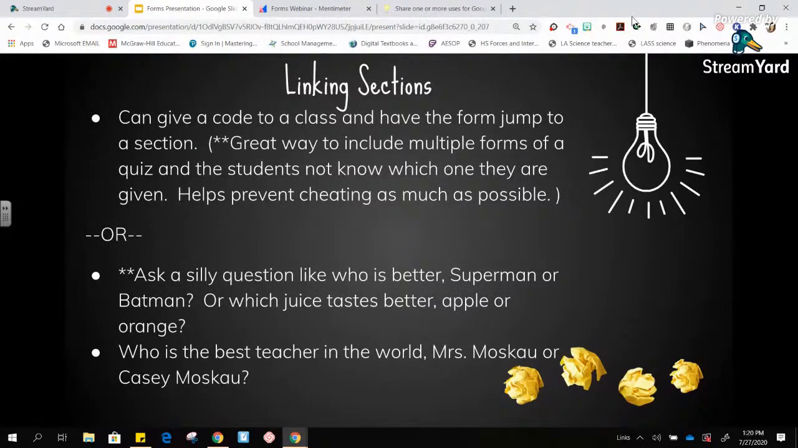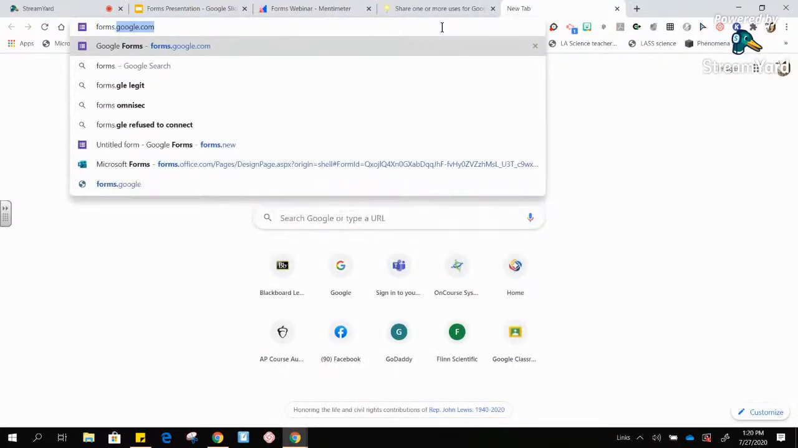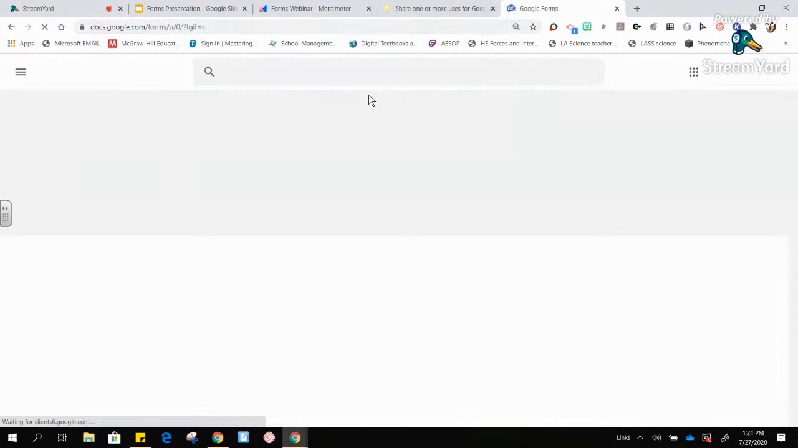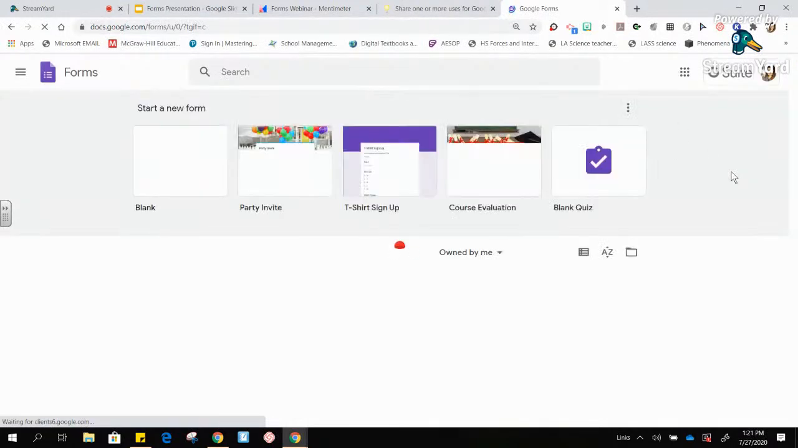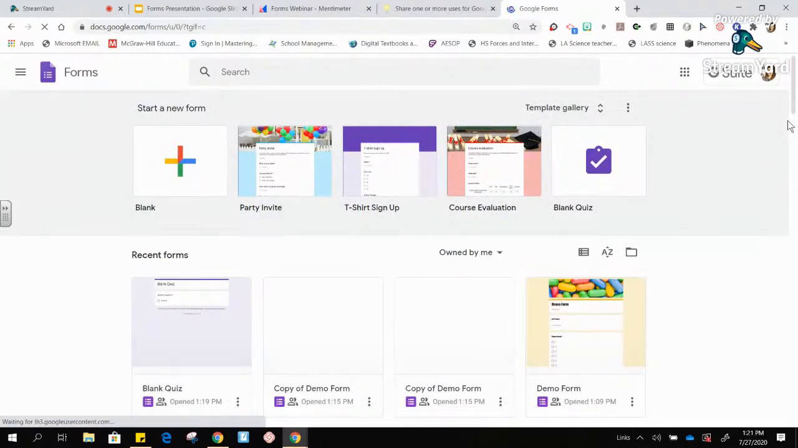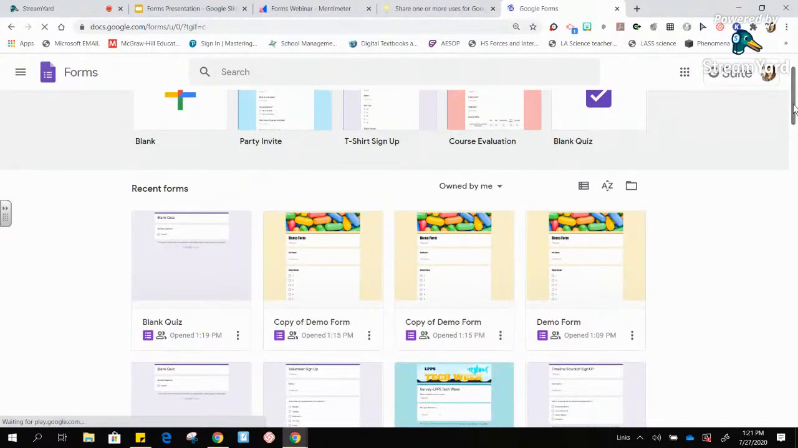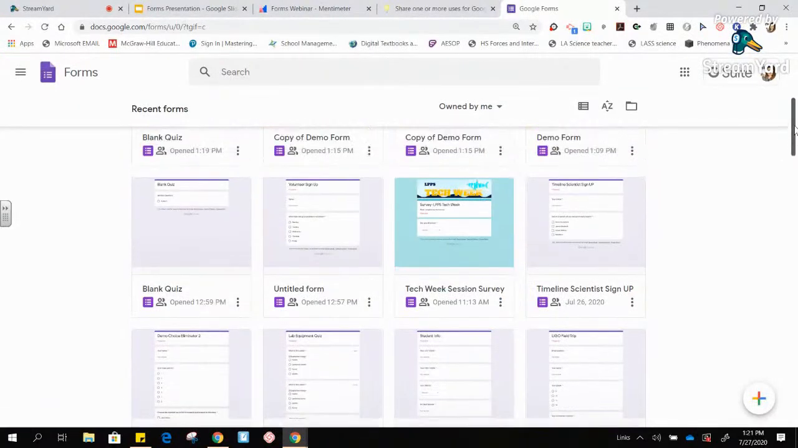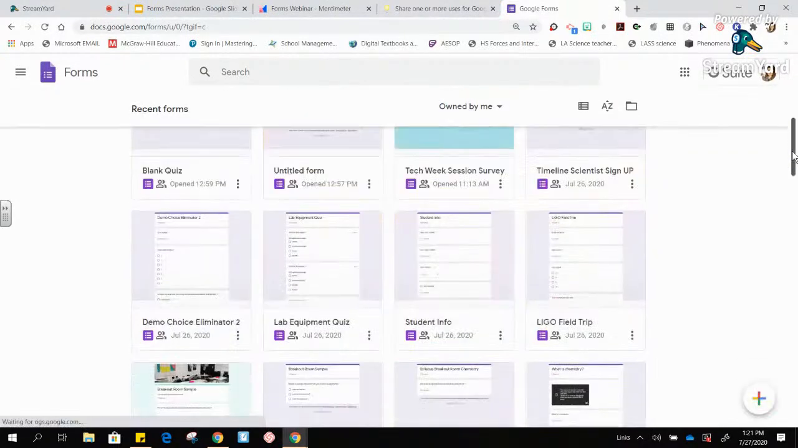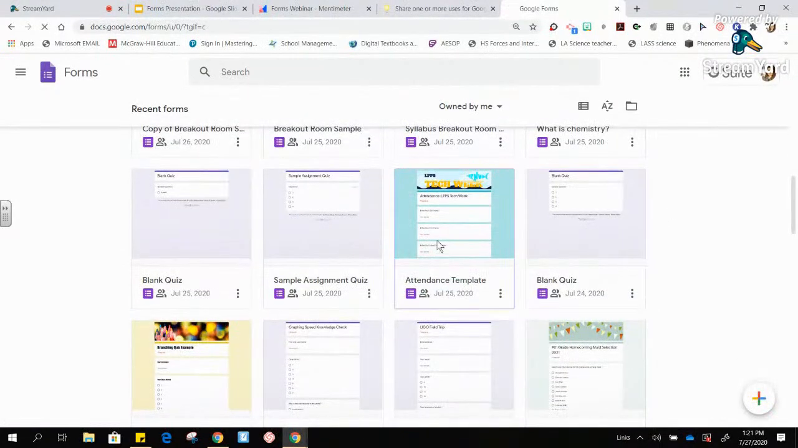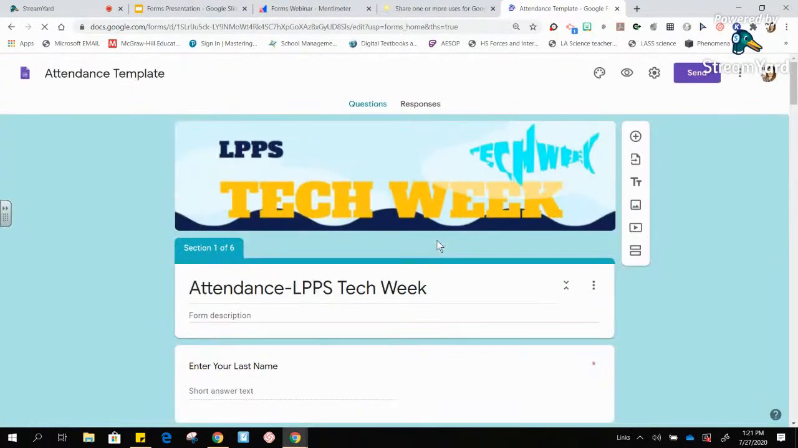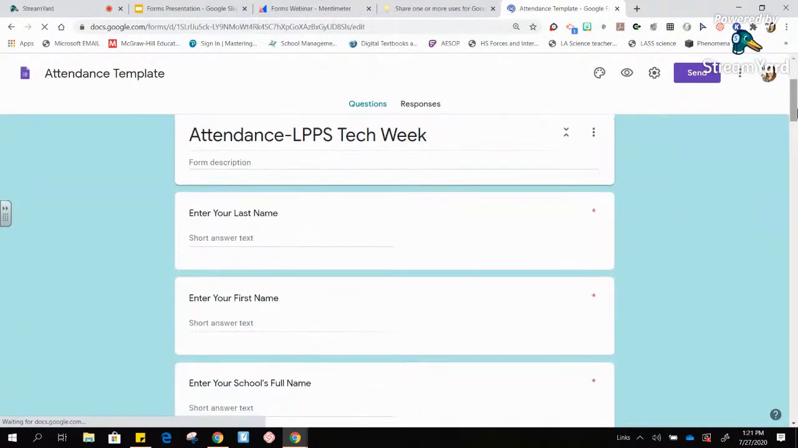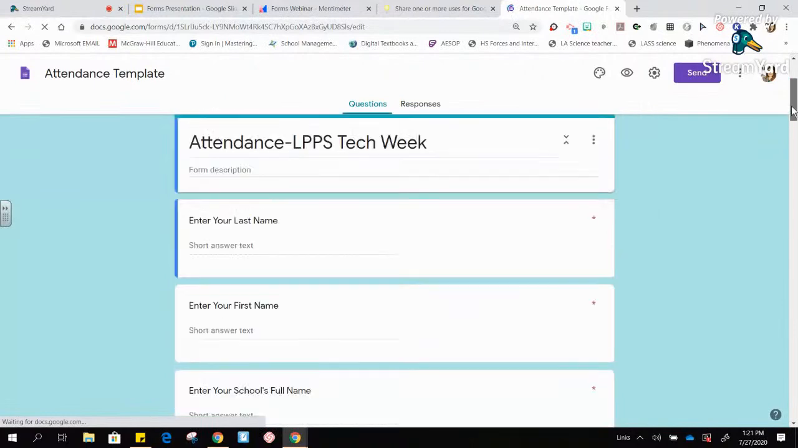Linking sections. Okay, so here's an advanced feature. If we want to link some sections, I'm going to open up one that I have done this for so far. One of them being our Tech Week survey, which I might just show you because, quite frankly, it's a perfect example, or maybe the attendance one, of how you would do a linking platform. So this is the attendance survey you guys actually filled out today when you hopped on. And so you can see that we have all these different functions. We built in